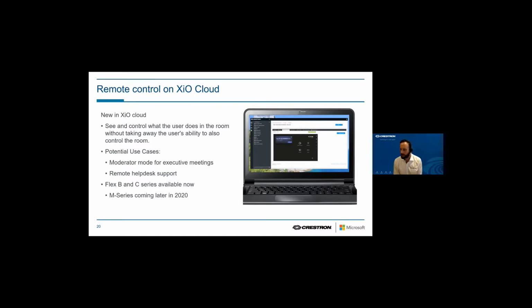And really, it's cross-platform as well, because it doesn't really matter for us what's on that screen. So if it's an MTR, or even if it's a Zoom room, we can absolutely monitor and we can control what's on that screen. Worth noting as well that when you do enable this capability, a little text logo appears on the device to actually say that the room is being monitored remotely. So we are obviously being very careful about people's privacy there. And of course, you have to be authenticated to be utilizing XiO Cloud to get access to all of this. So just put any of those concerns to bed.